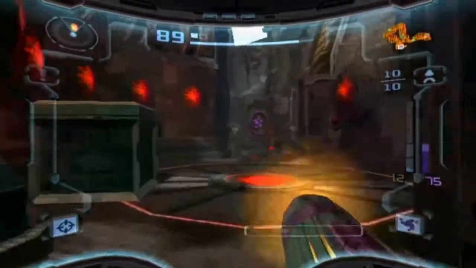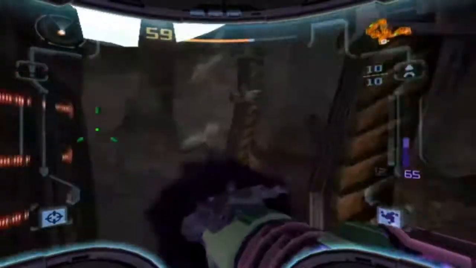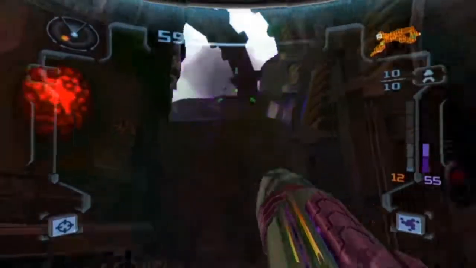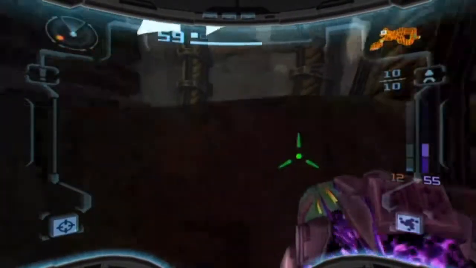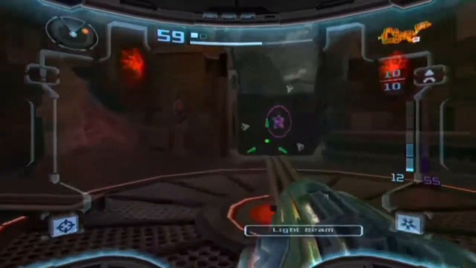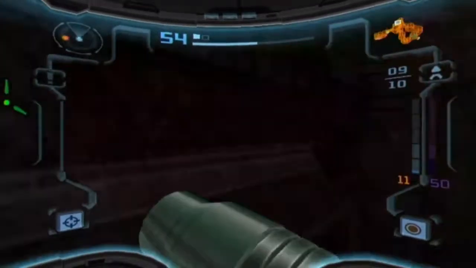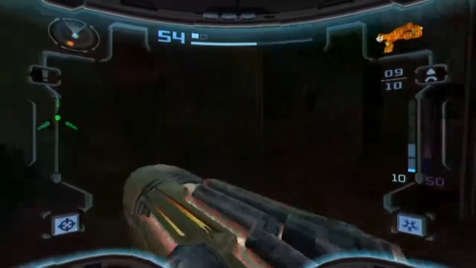If the pirates annoy you, a fully charged dark beam shot either freezes them or kills them completely. There will be a pirate. I hope he dies. Okay, he did not die. I get to jump here. Yeah, understandable. Well, you can also just shoot this thing if you want to. Well, you can shoot the thing. Okay, so